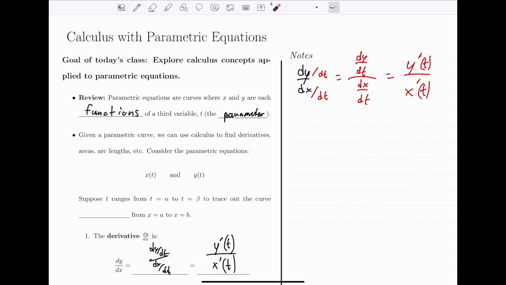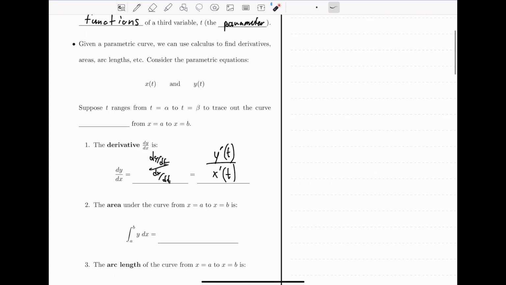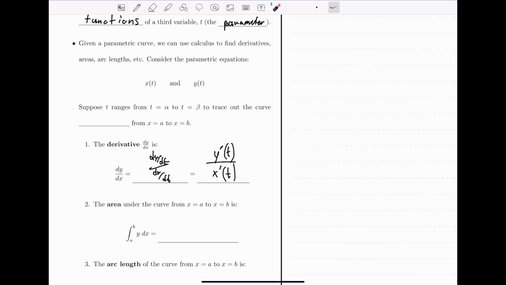Now let's take a look at finding integrals when we have a parametrically defined curve. So we're imagining that the parameter here, t, ranges between values alpha and beta to trace out the curve once from x equals a to x equals b. Let's imagine here that we're wanting to find the area under the curve from a to b, and we'll draw a picture. So we have the y-axis here, we have the x-axis,